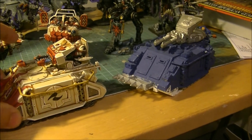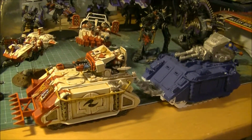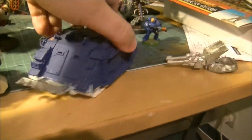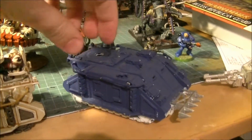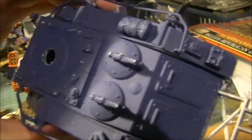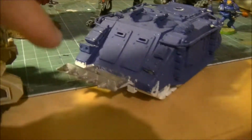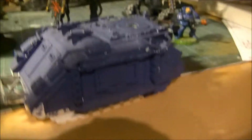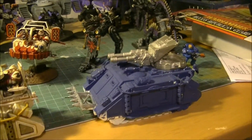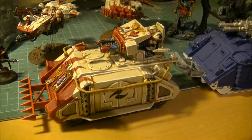So some time ago I bought some of these Razorbacks. You see, this one was bought at the same time and is quite in bad shape in some areas. The assembly is quite decent, but if you look into the detail you will see that the paint is a little bit too thick, and this part is broken, the marine is missing here. So I bought this, I don't care. I knew when I bought this second-hand that I would have to do some repairs. This one that you see here has been repaired by me,